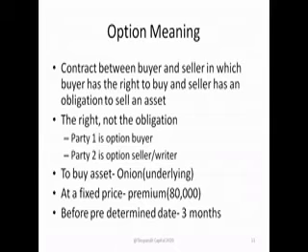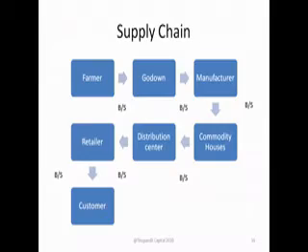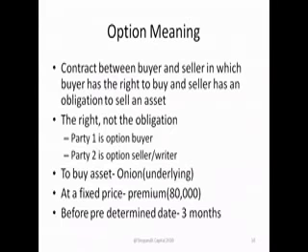Only if you have physical delivery of something in your portfolio do you become a seller. Or you become a seller if you know exactly what is happening in the market. There are so many dynamics in the market. This is a short linear supply chain. It can be a more complex spider web supply chain, where the farmer gives to a distribution center, or commodity houses take directly from farmers and go to customers. There can be so many scenarios. I'm just showing a very simple format of a linear supply chain.